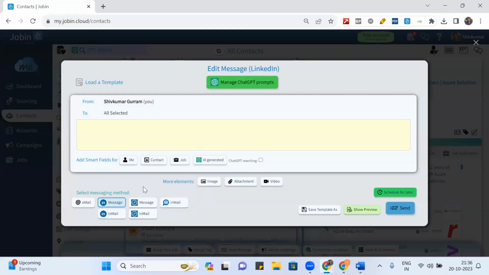It is saying normal LinkedIn message, and it might go only for my first degree connections. It might not go for second degree or third degree, and it will try to attempt. And again, LinkedIn will catch it as some robo activity, and there might be a chance that it might block. Okay, so ChatGPT writing, and if I enable ChatGPT writing,